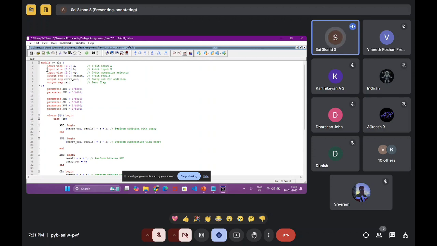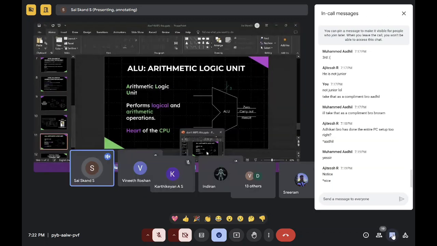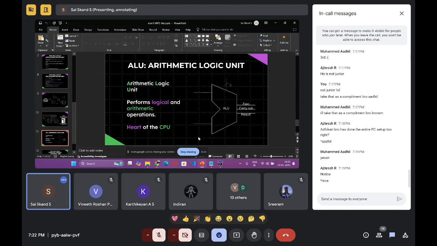So we're defining both A and B, the two inputs with which you're going to perform computation. What is OP? This OP is a 3-bit value. How is it 3-bit? 0, 1, 2, how we count bits. What is this OP now? Can anyone answer?